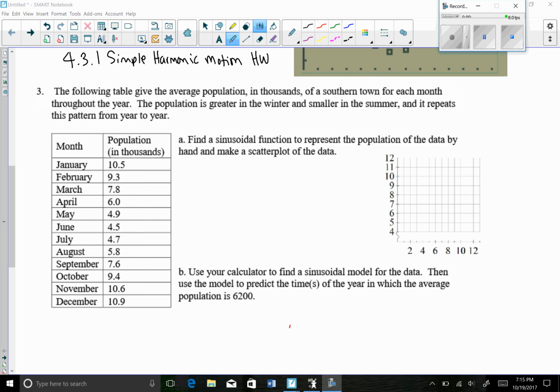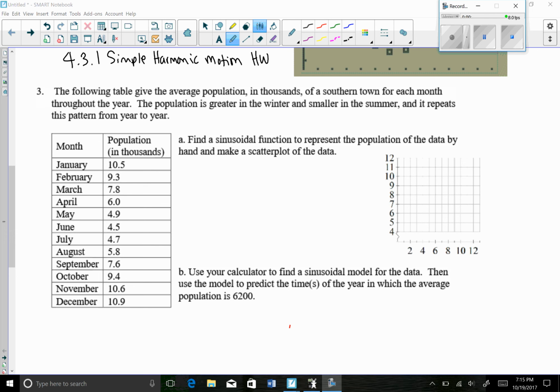4.3.1 Simple harmonic motion. This is another homework problem. We're going to look at number 3. The following table gives the average population in thousands of a southern town for each month throughout the year. The population is greater in the winter and smaller in the summer and repeats this pattern from year to year. Find a sinusoidal function to represent the population of the data by hand and make a scatter plot of the